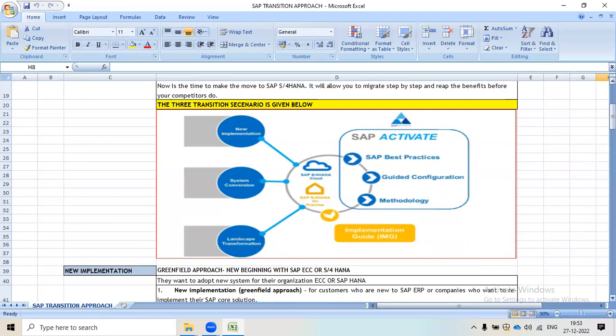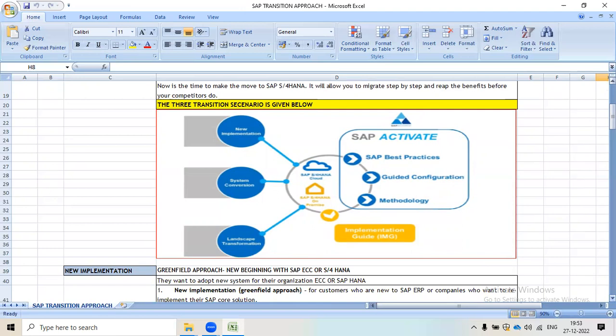Today we will discuss three different types of scenario: a new implementation, a system conversion, and a landscape transformation. Today we will discuss these three types of transition in detail.